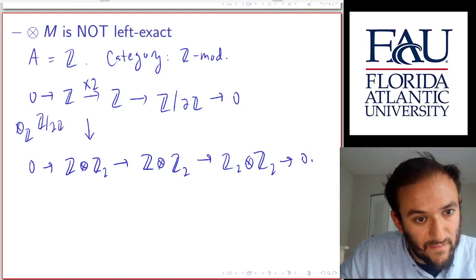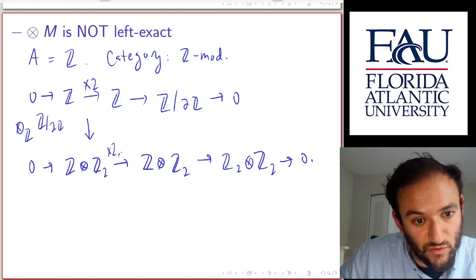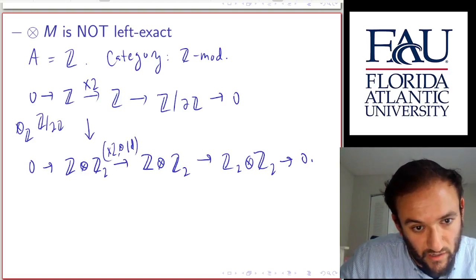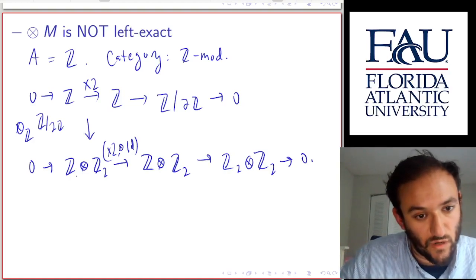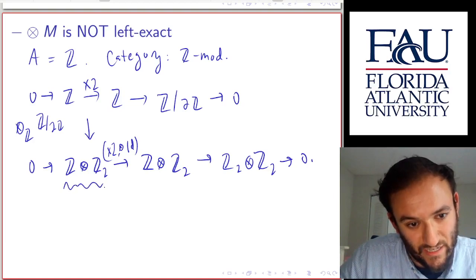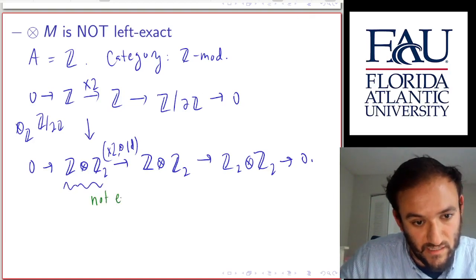Okay, and this second map now becomes multiplication by 2 in the first coordinate, and then just the identity in the second coordinate. Okay, and that's how this functor works. But we'll notice that now, at this stage, the functor is not exact. The sequence is not exact,